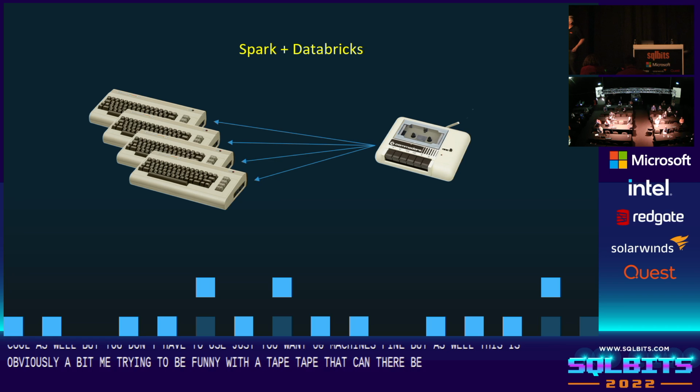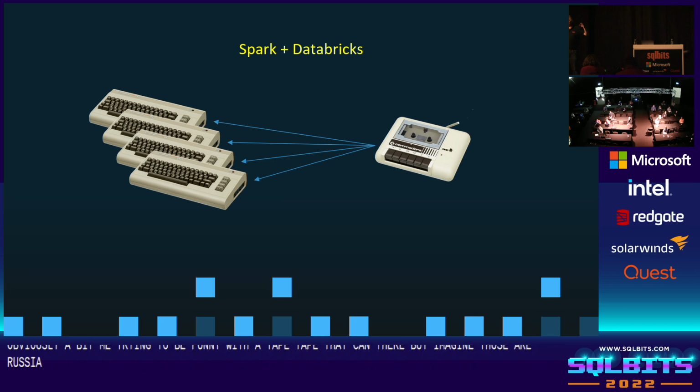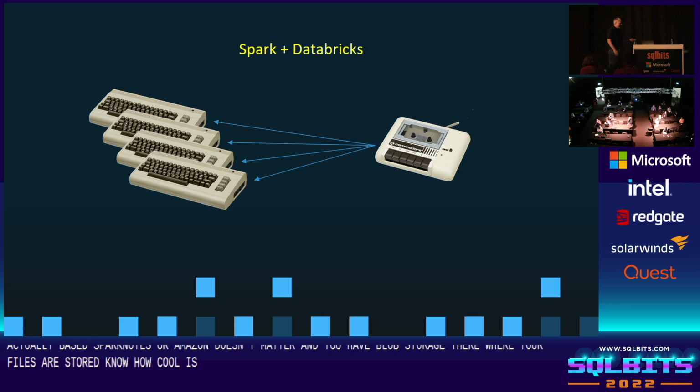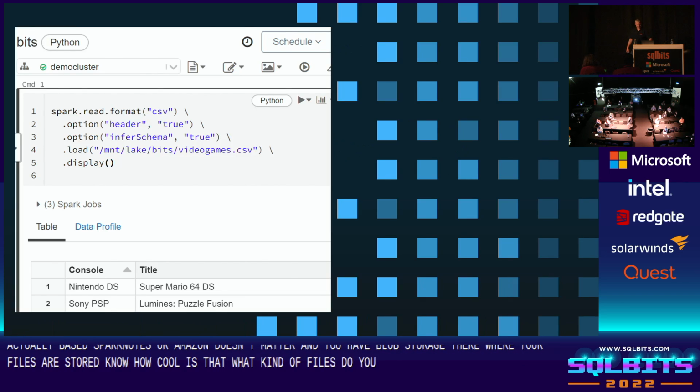This is obviously me trying to be funny with a tape deck in there, but imagine those are Azure-based Spark nodes, or Amazon, doesn't matter. And you have blob storage there where your files are stored. Now, how cool is that? What kind of files do you use? Well,